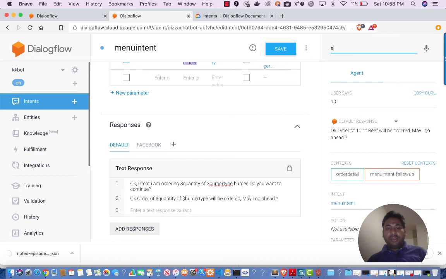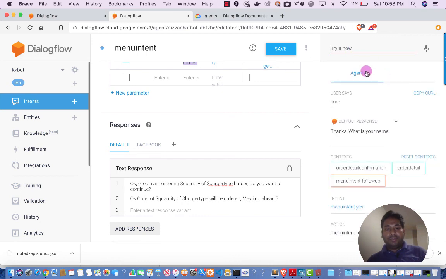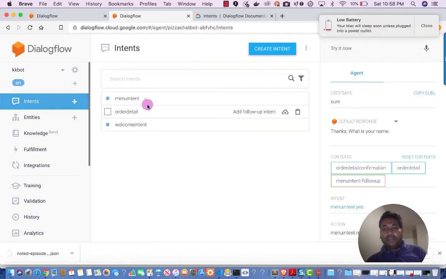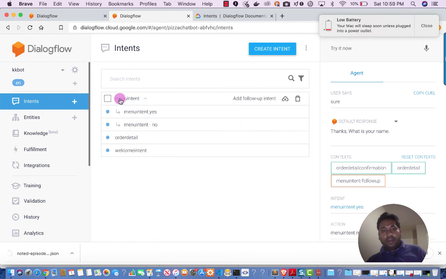So I have created all these fields as required fields. I had to have all these fields to do the order. I have made them necessary fields, and I have created the prompt as well, in case the user might provide all this information, or it will ask one by one.